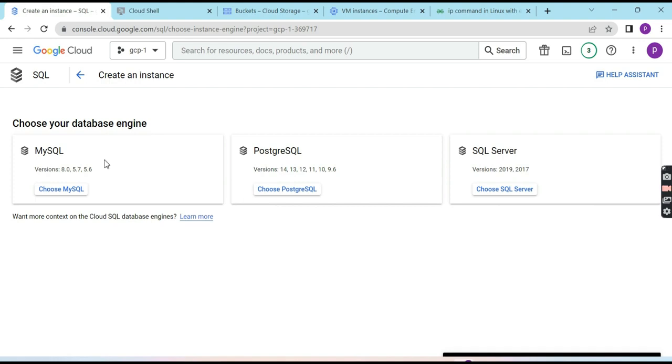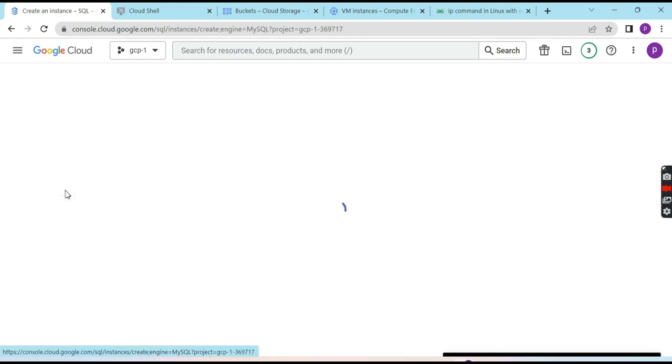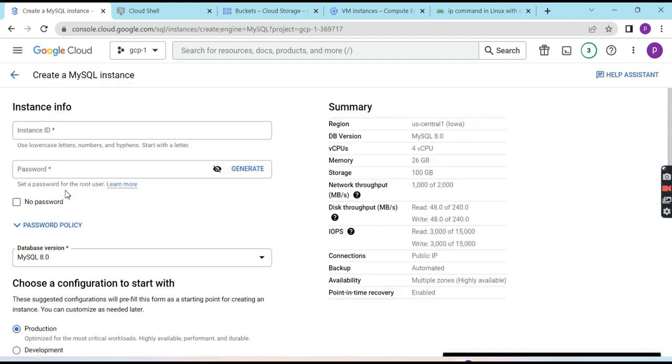It is a relational database which has a connection from one table to another table with a primary key and a foreign key. Those things are part of relational database management. Firstly, there is the instance ID. We can give it a name like prod, if you're running it as a prod database,